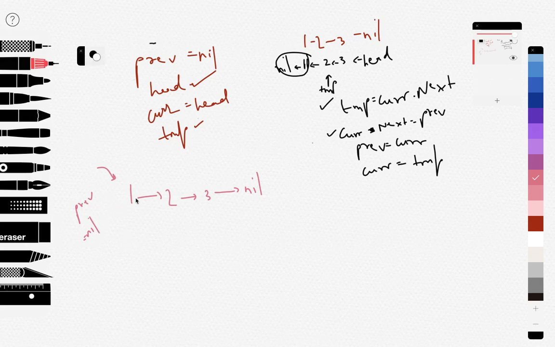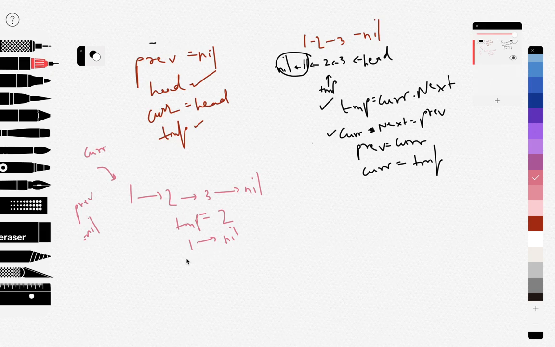Now what we are going to do is temp is equal to current dot next, which is 2, and then current dot next would be equal to previous. Previous is nil, so the next pointer inside this value 1 will point to nil. So 1 dot next is equal to nil.